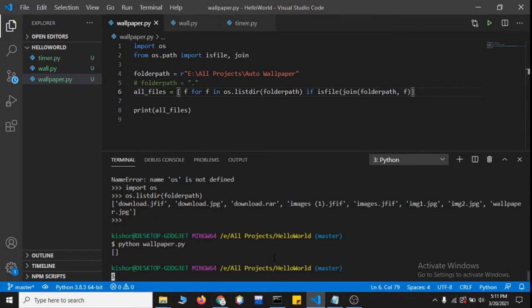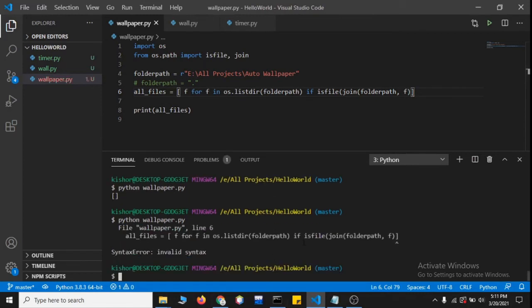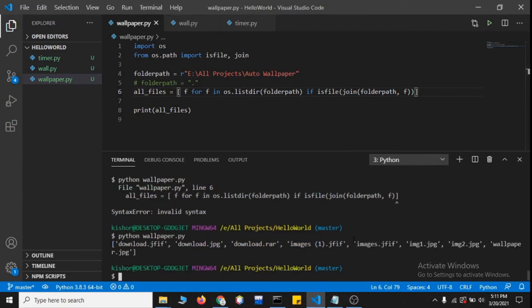Now we'll run it. I hope it should work. Sorry, we are missing one parenthesis. We'll close it, save it, rerun it. Let's see. Here we go. Yes, we have all the files in that folder over here. So this will list all the files, and we have to just iterate over this.